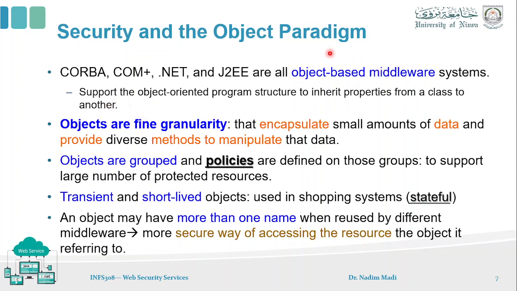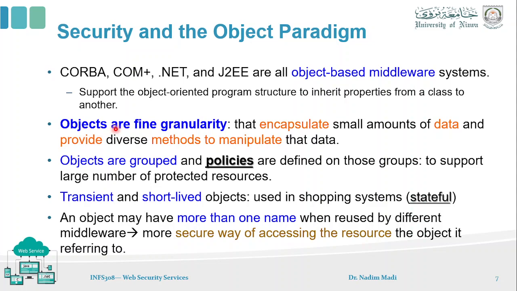What does object-oriented middleware system mean? As you can read here in the definition, it means that objects are the main entity that enables the linkage or the invocation process. These are some of the characteristics. I'm not going to read them ahead. You can simply read them from the slides or refer to the textbook. But let me just highlight the important points here.